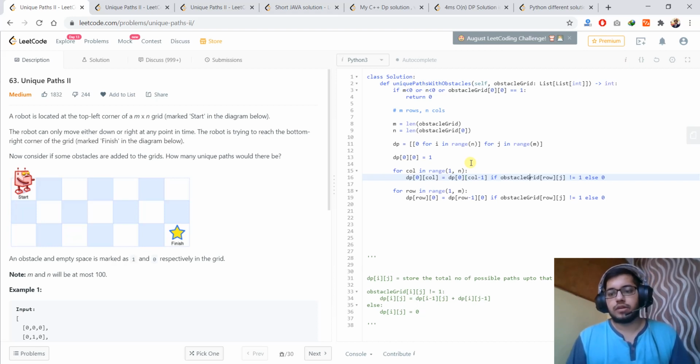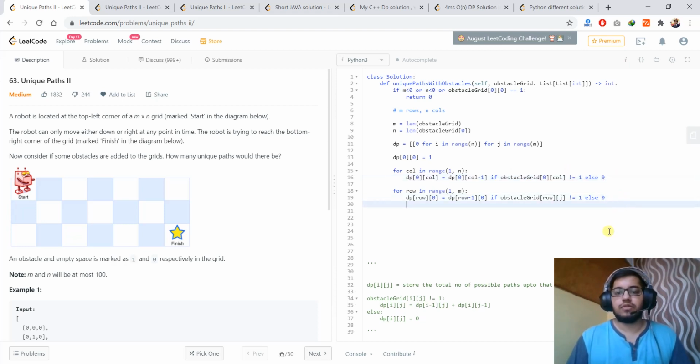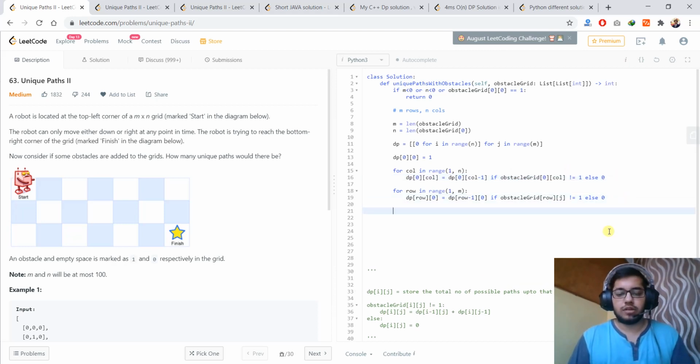And here we will check if the current value, that is 0 comma col, is not an obstacle, we will assign the previous value in that column, and if it is an obstacle we will assign 0. Now this is for the first row and first column. For the other cases,